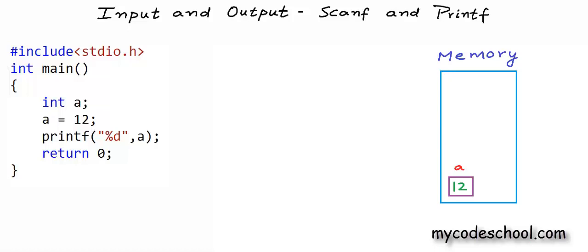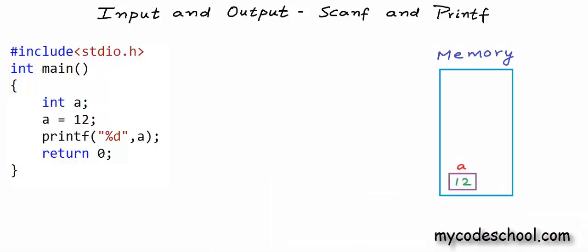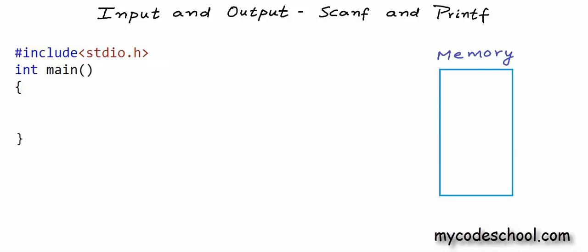Coming back to this program, as I was saying, we are not doing something very meaningful here by declaring and initializing a variable and then printing the value in it. We are not solving a problem here. With whatever we have learned so far, let's write a simple program to solve a real problem. I want to write a program to find the product of two numbers, or rather the product of two integers. I have erased everything from inside the main function here, and now I'll write code to find and print the product